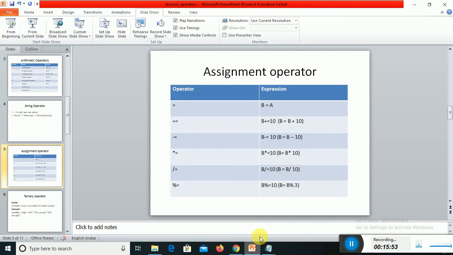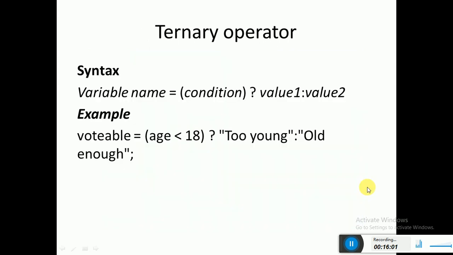So let us go to the code now. I have created a program called ternary operator. I have created some interface with the user. It means the user needs to enter the age. Based on the age we are entering, the system will tell whether the age is eligible or not.